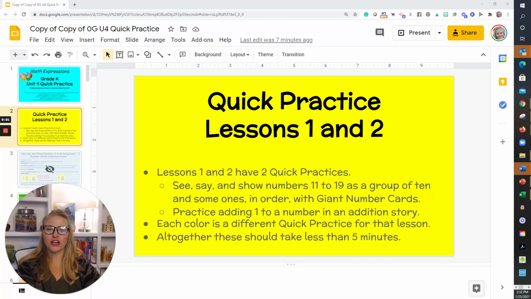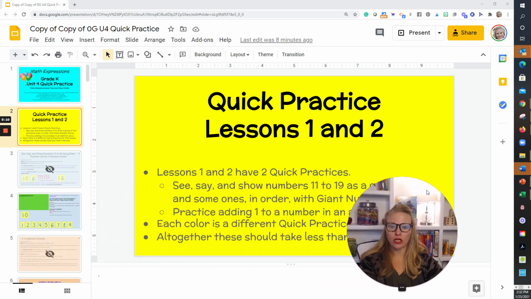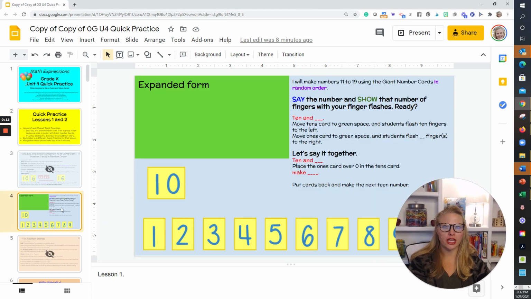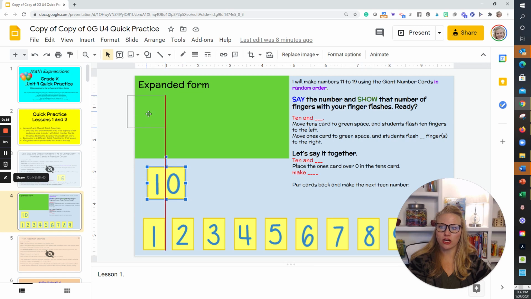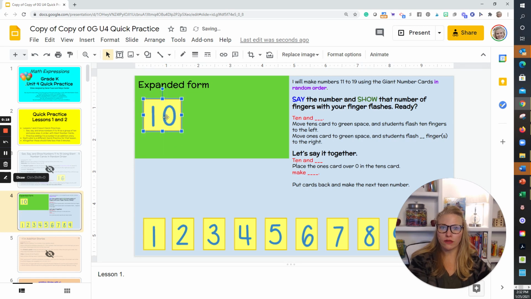Well, hey, Kindergarten Unit 4, let's talk about lessons 1 and 2. They're going to be review for your quick practice. So we're using our 10 cards, our yellow make 10. And so right here, our giant number cards are going to be used to build our numbers. So the student leader will bring up a 10 card if you're using the digital assets, or their physical card